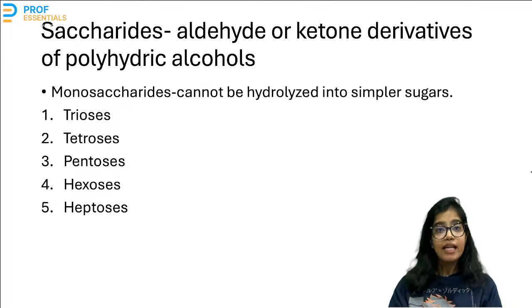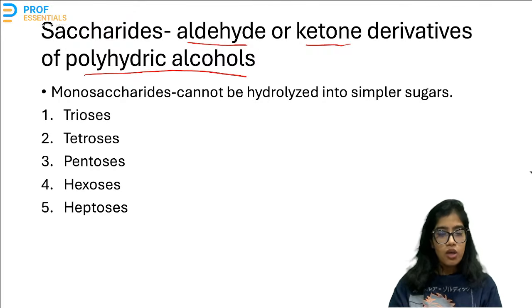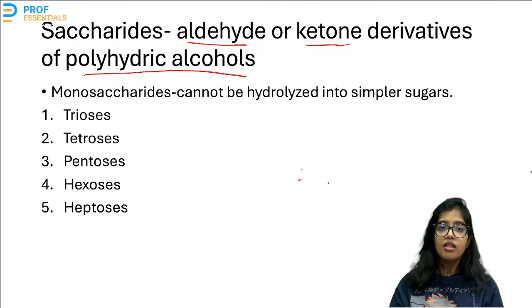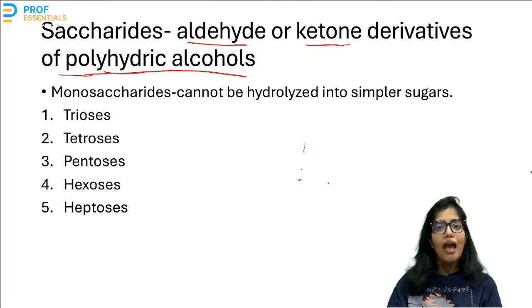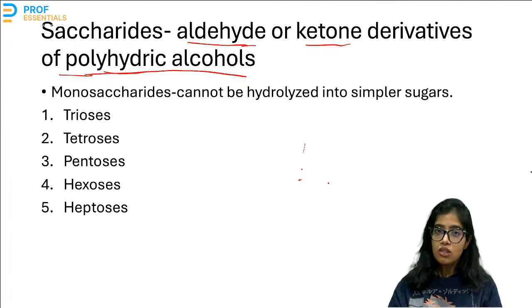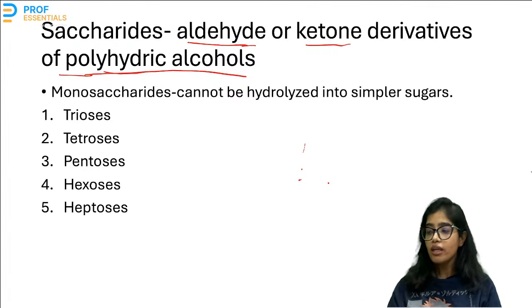Now, what are saccharides? Saccharides are aldehyde or ketone derivatives of polyhydric alcohols. What is the meaning of this? There is something called alcohol which has more than one hydroxyl group, that is, the alcohol molecule has more than one hydroxyl group on different carbon atoms, and they have an aldehyde or a ketone group attached to the structure. So those are saccharides. The first is monosaccharides, those saccharides that cannot be hydrolyzed or broken down into simpler